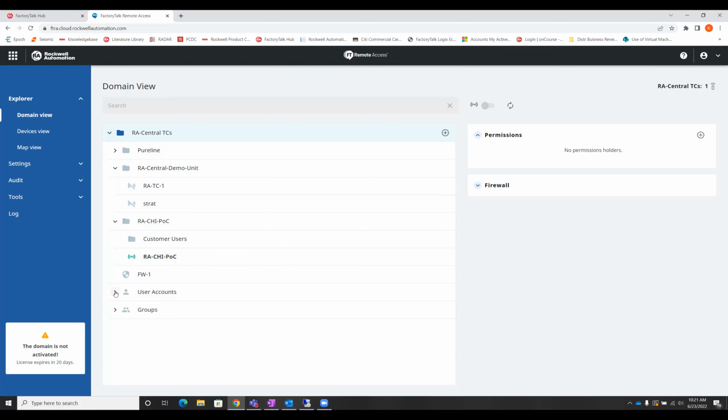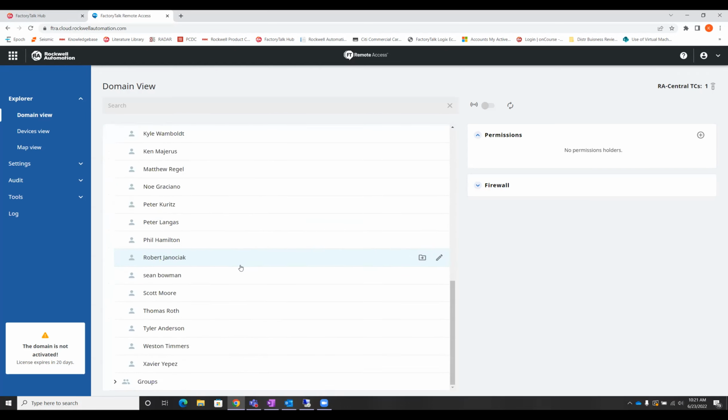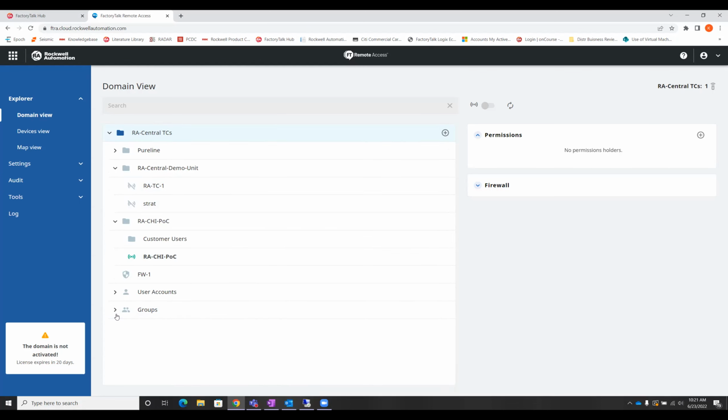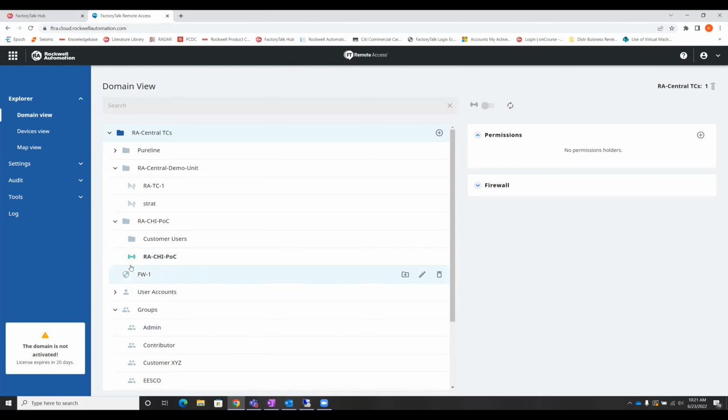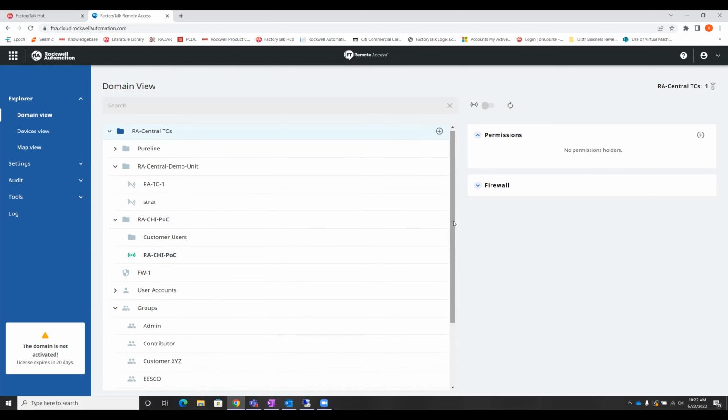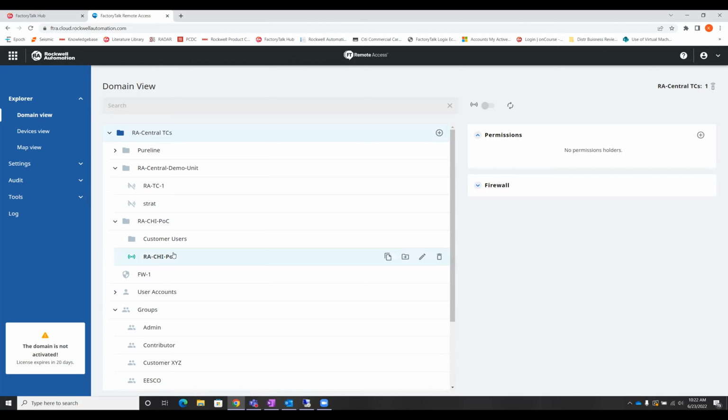From here, we can also see user accounts, like who all has been added to this group, as well as what groups you can make. So you can create groups to really have a granular security system. So let's say that I've got this Chicago POC Stratix 4300, and I'm working on a project with another customer or a distributor, and I want them to be able to access the devices on this network. But I don't want them to access the devices